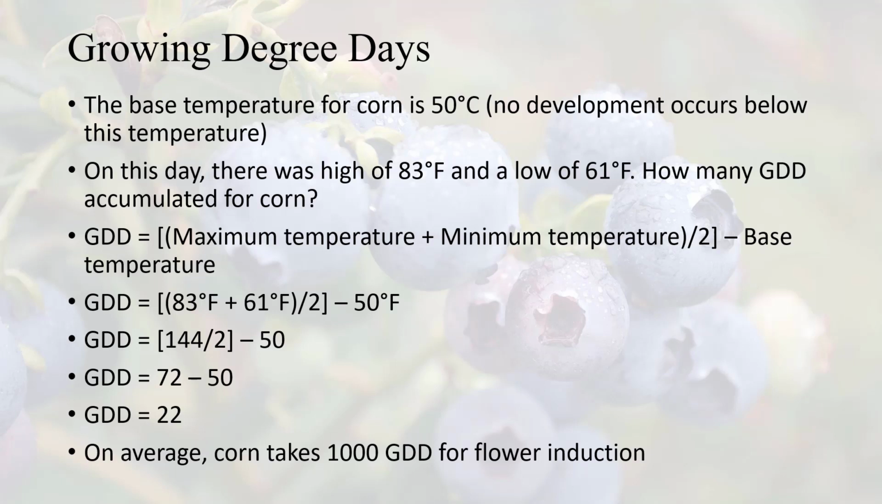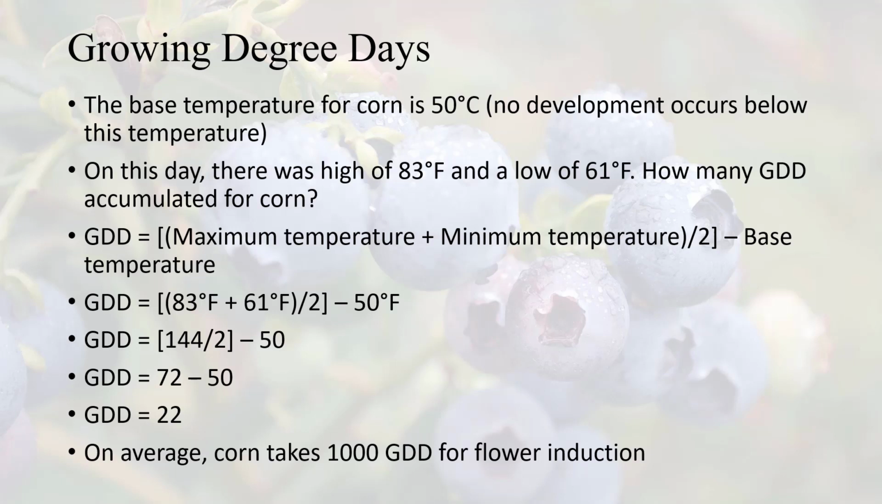So if we actually do that in practice, we have 83 plus 61 is 144. We divide that by 2, which gives us 72. And then we subtract 50 from 72 because 50 is the base temperature, and that gives us 22 growing degree days. Now that might not mean a lot to you right now, but